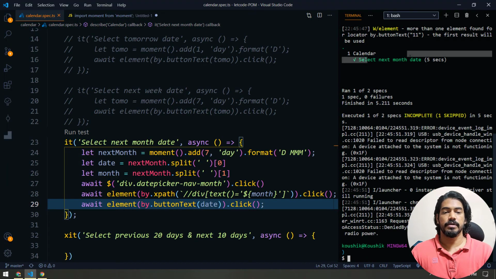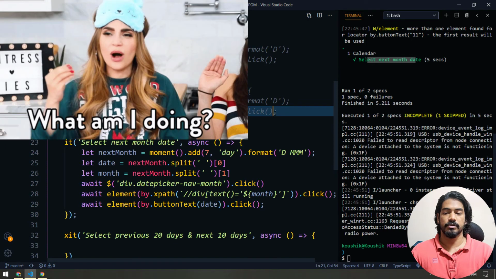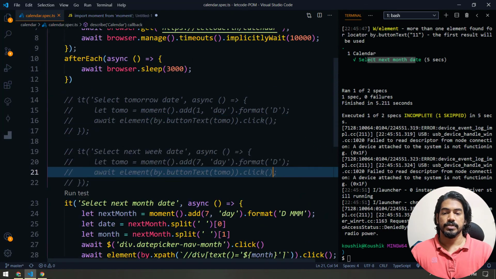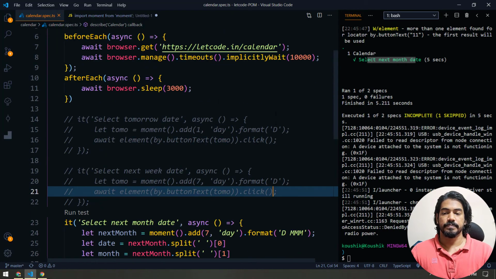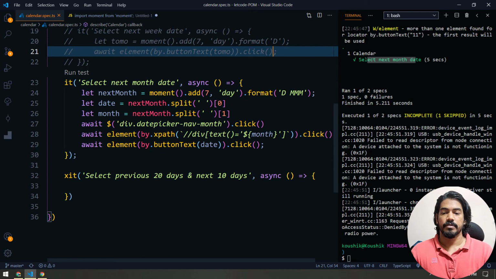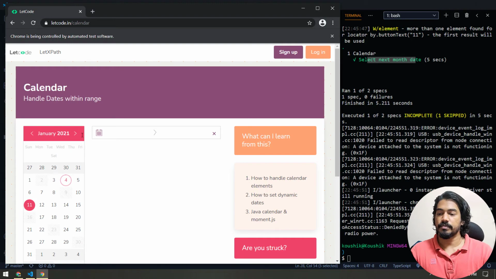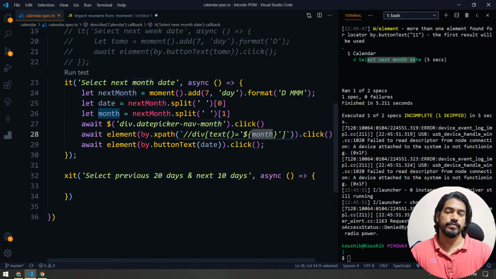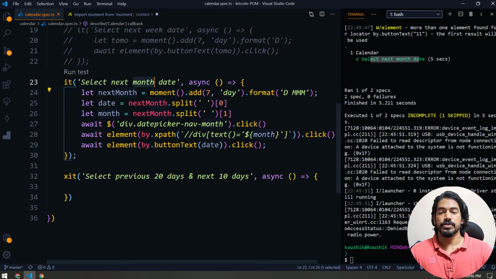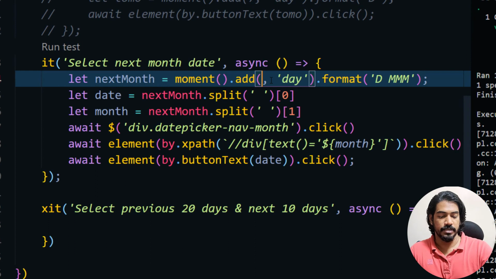Okay, so select next month, but I don't think that's selected. So what mistake did we make here? Okay, so first we have to click on this month, and then we have to click on this month. But it seems like we are on the same date. That's the reason it's already in Jan. My bad. So next month, in the sense, of course, we have to add 30 to this.